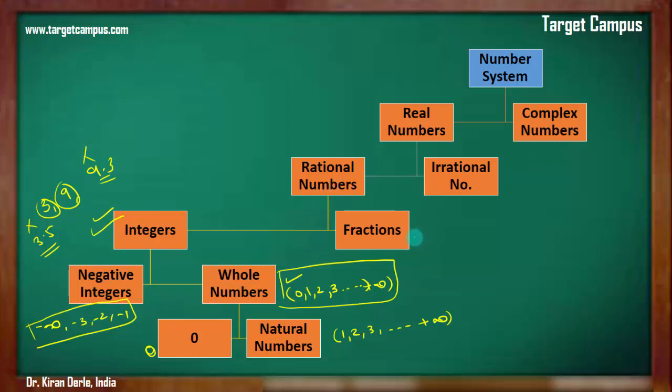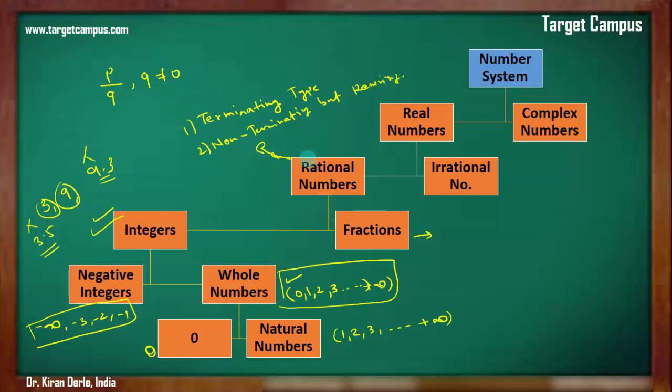Okay. So fractions. What is a fraction? First of all, we'll see what is a rational number. A rational number is of the form p by q, right, where q is not equal to 0. And the basic property of a rational number is that it is of terminating type, or non-terminating but recurring type, decimals you can say, right?